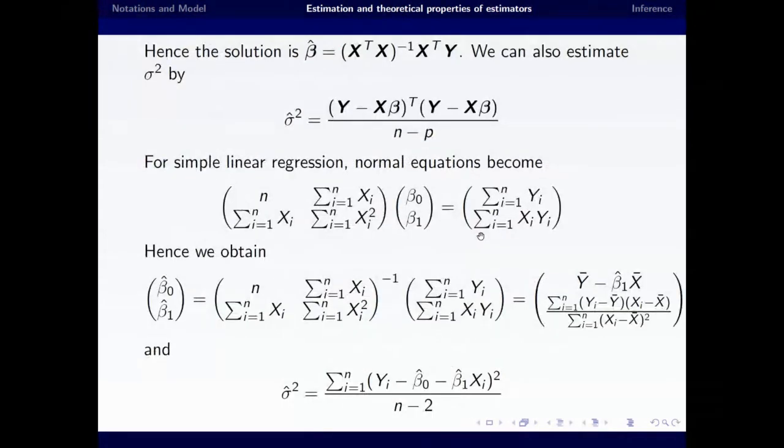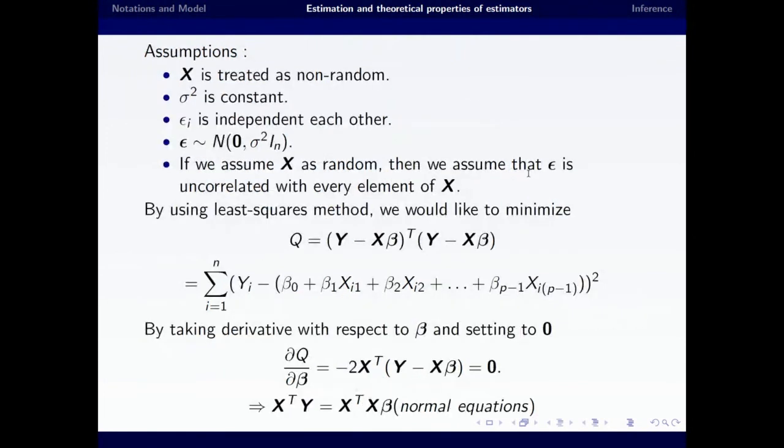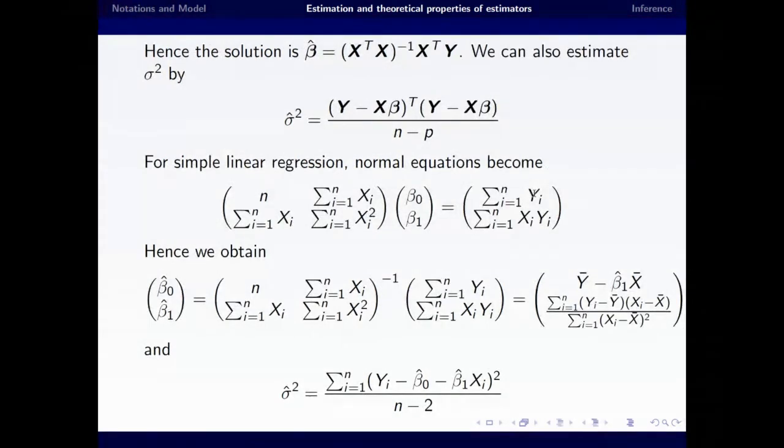So x transpose x is 2 by 2, and here in our normal equation we have x transpose y, because x transpose is 2 by n and y is n by 1, so it's going to be 2 by 1 here. And then this beta 0 hat and beta 1 hat,